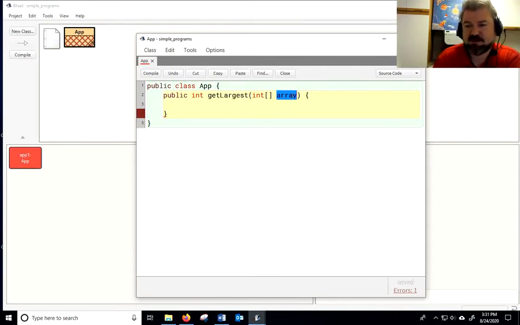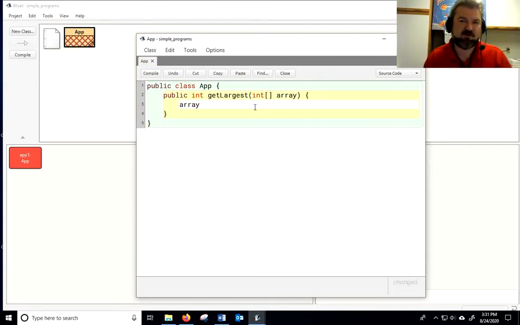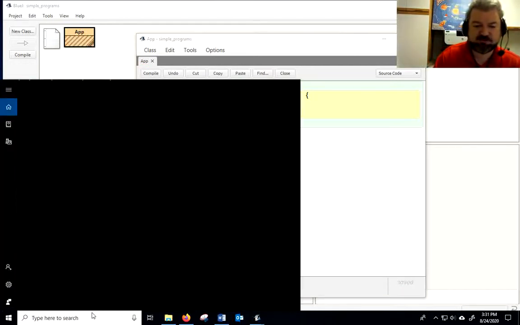But when you actually access a value in the array, you need to remember that the first value is 0 and you put the square brackets after the word. So when you create it, you put the square brackets after the type. But when you get a specific value, you put it after the name. Okay? So I'm just going to pull up a quick